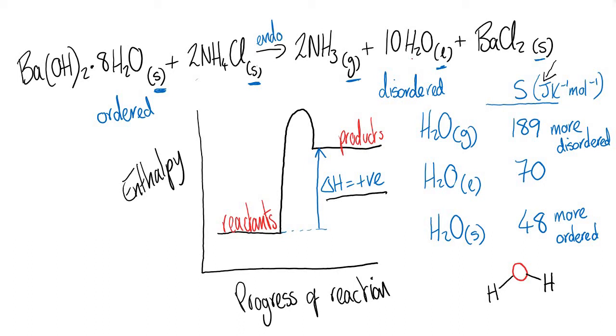Look, we've got 1 mole of barium hydroxide and we've got 2 moles of ammonium chloride. We're making 2 moles of gas from 3 moles of solid, 10 moles of liquid and 1 mole of barium chloride. Don't forget this is water of crystallization, so this is 1 molecule here. So 3 moles going to make 10, 11, 12, 13 moles. We are becoming so much more disordered as this reaction proceeds, especially as we're making gaseous molecules and liquid molecules